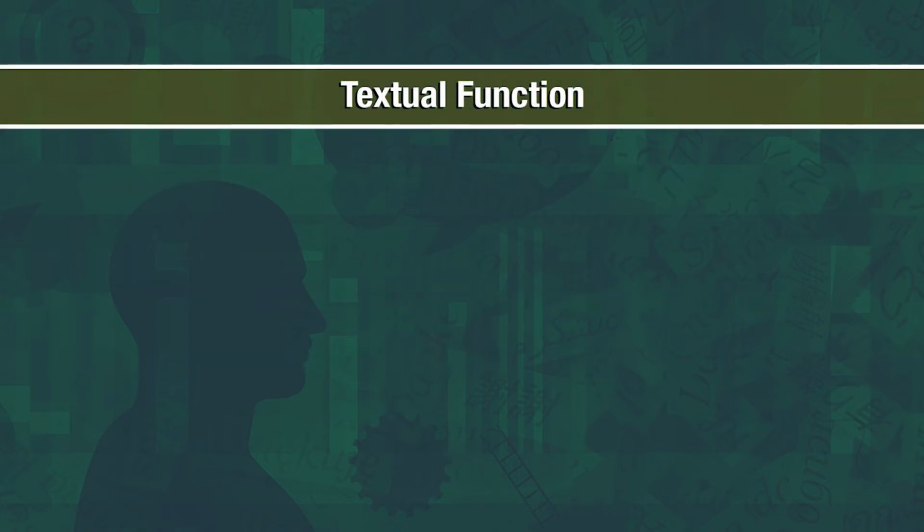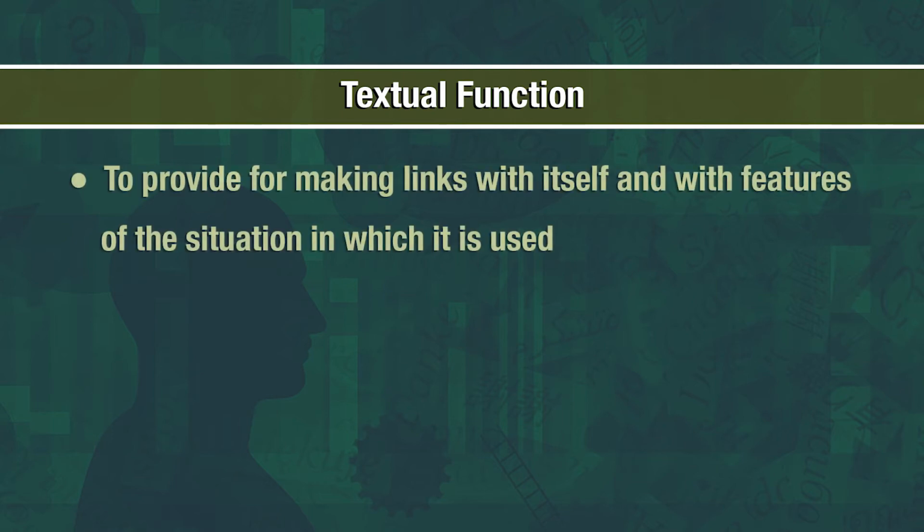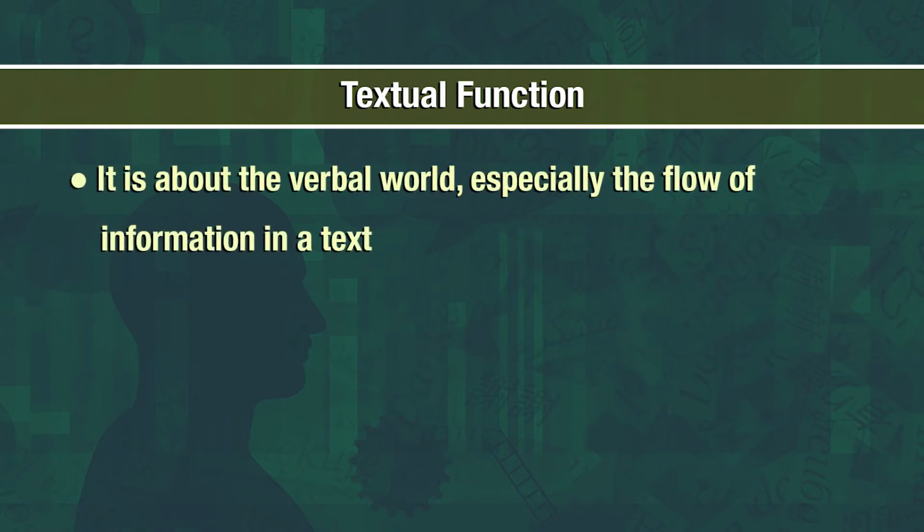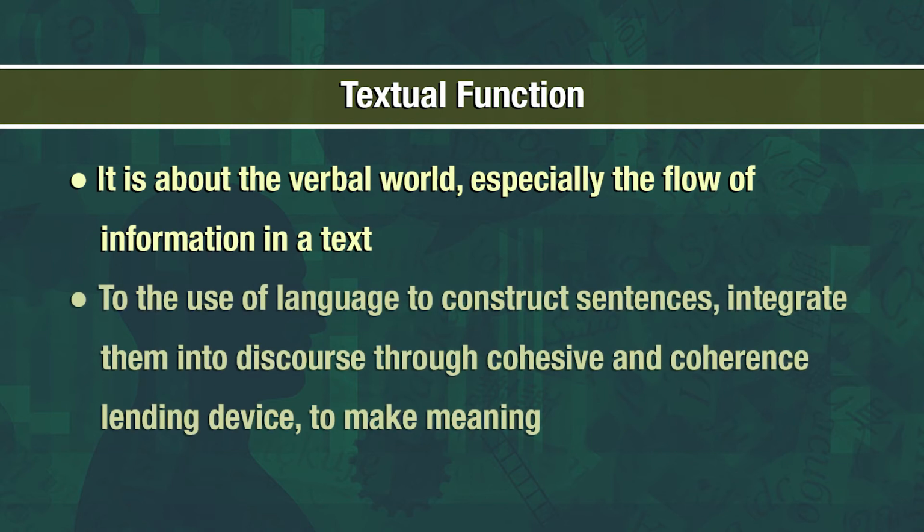And the third and the final function that adults use language for is the textual function. This is to provide for making links with itself and the features of the situation in which language is used. It allows the speaker to construct passages of discourse that are situationally relevant. When we use language for text, it is about the verbal world, especially the flow of information in a text. It refers to the use of language to construct sentences, integrate them into discourse through cohesive and coherence lending devices